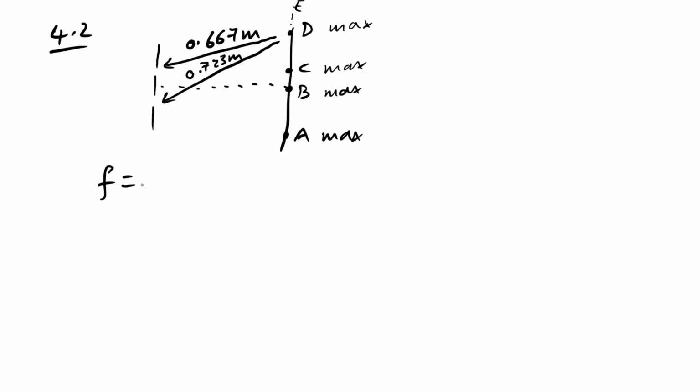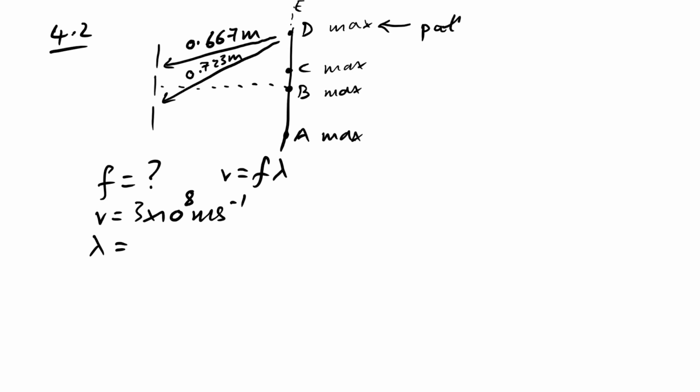Next we're being asked to find the frequency. Of course we're going to have to use the wave equation, are we? v equals f lambda or c equals f lambda. Do we know the speed? Yes we do. It's microwave, so same as the speed of light. What's the wavelength going to be? Well, let's have a look at our point D here where we have a maximum. We know the path difference at this point has to be 2 lots of the wavelength. In the middle, the path difference, PD, not potential difference, path difference here, PD is 0, and then here the path difference is 1 wavelength, so therefore it has to be 2 lots of the wavelength above.